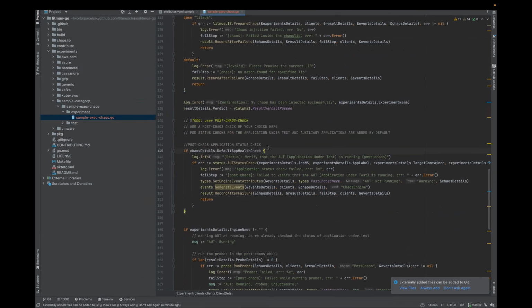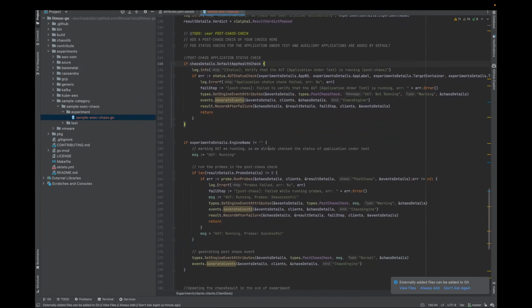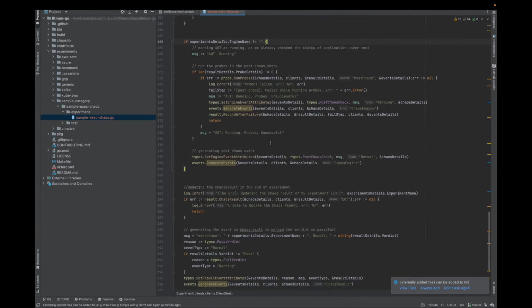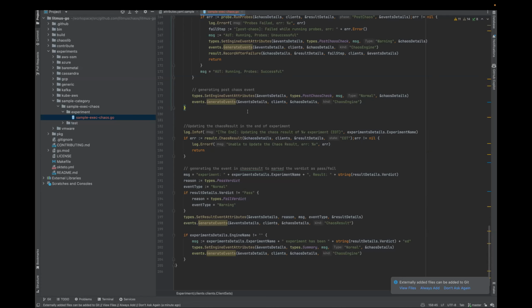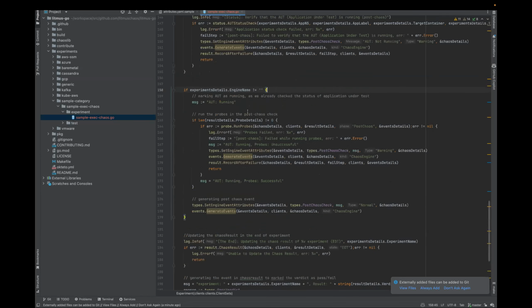Then after the experiment is done, the chaos is done, we are doing the steady state check in the end of the experiment as well. Again we are running the probe, and in the end we are updating all the report to the chaos result, and we are generating the result events also inside the chaos engine and chaos result.